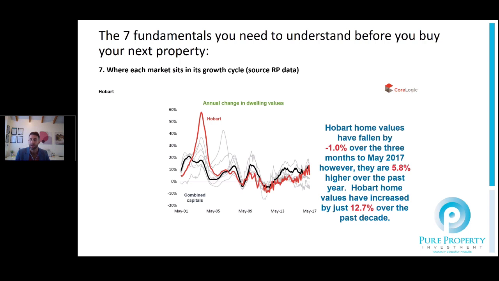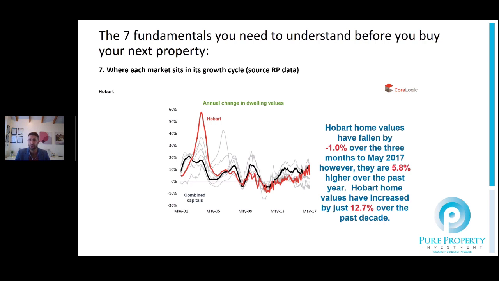And also the supply, they just haven't built in the same levels that we've been able to build in some other cities, so the supply that's been created over the last 10 years has been relatively minimal, and they've got some pretty tight height restrictions on going up in unit blocks, etc. So the freestanding housing market, as well as the villa and unit markets in that closer inner city and more coastal lifestyle areas, has really performed well.